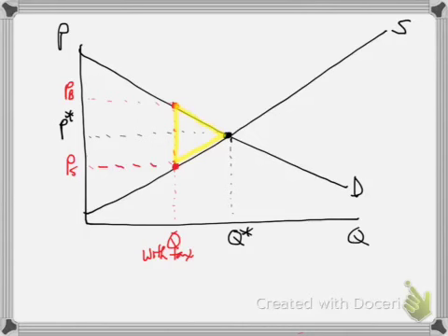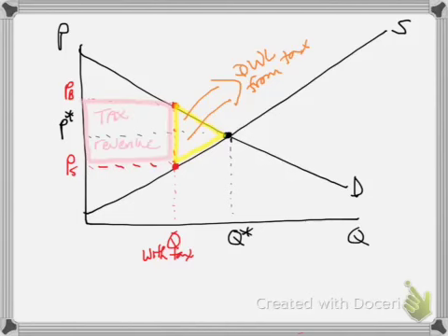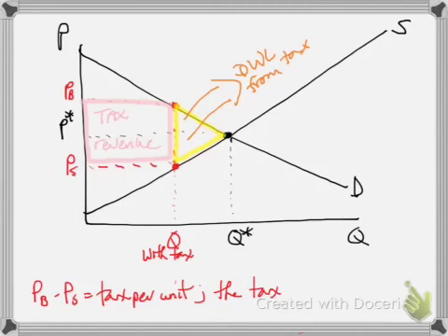The equilibrium quantity, Q star, is a bigger amount than the quantity with the tax. So that yellow triangle represents lost areas of consumer and producer surplus. We would call that DWL, deadweight loss from the tax. And the gap between PB and PS, that's the amount of tax per unit. And if we multiply that by the quantity that we're going to see traded in the market after the tax, then that pink rectangle represents the tax revenue to the government. So PB minus PS is the tax per unit and the tax wedge, and then the tax revenue is the